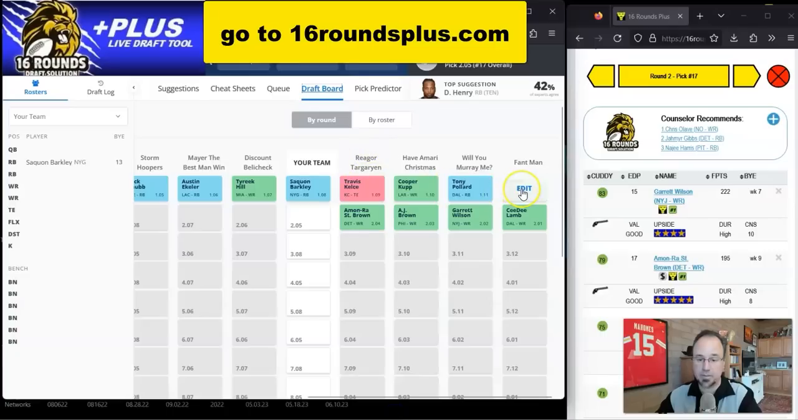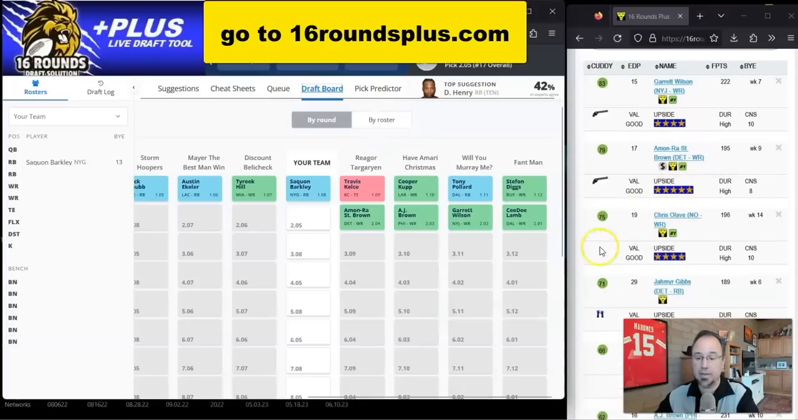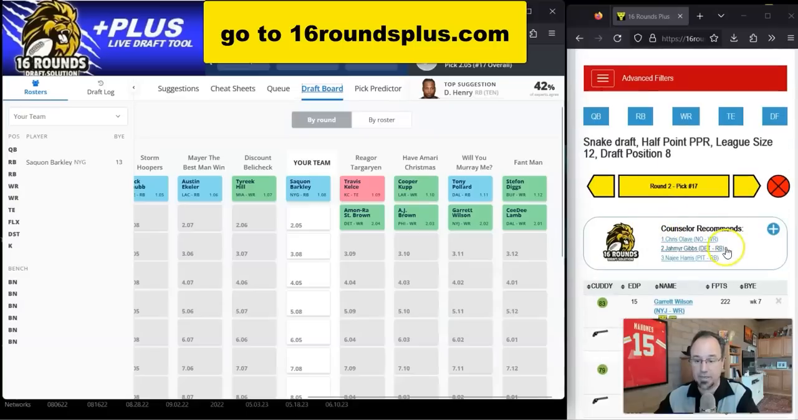Cooper Kupp, Tony Pollard, Stefon Diggs. There's CeeDee Lamb. There's Garrett Wilson. There's A.J. Brown. There's Amon-Ra. Okay, so a lot of these guys, and again, we didn't expect them to make it to us. Long shot means less than a 50-50 chance he's going to make it to us. So I'm not disappointed that they didn't make it, but the top-rated player for this round, the top recommendation,